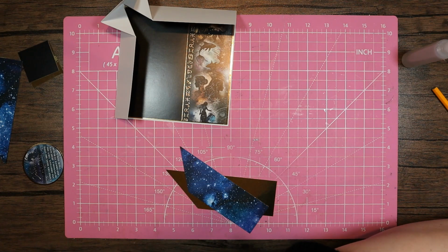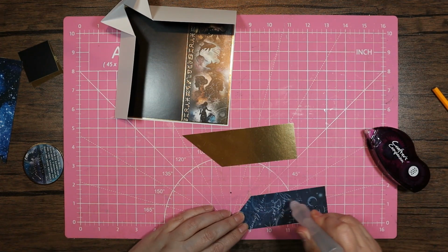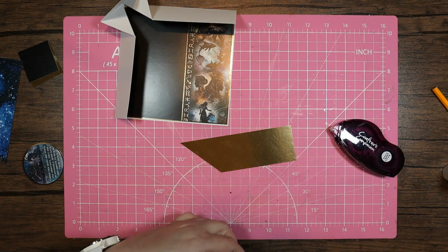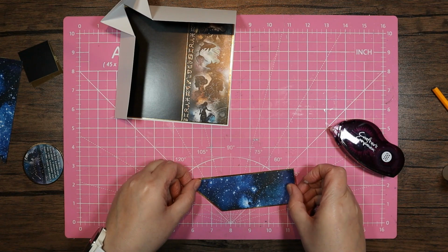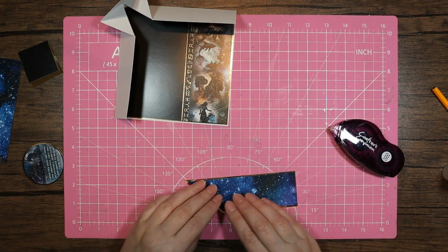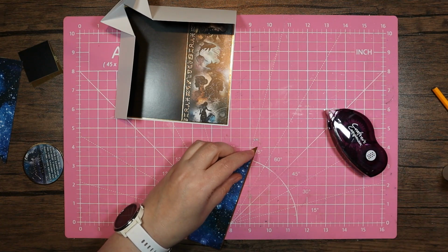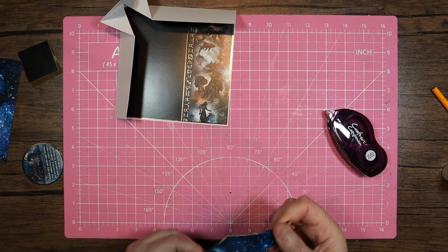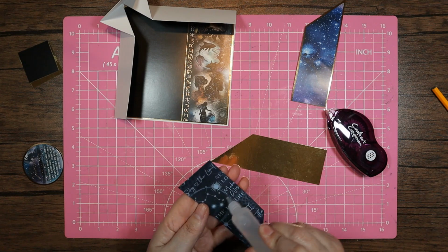So I am going to use, she says, which I've hidden, the method that I've been using lately with my all-purpose in the middle, and a little bit of Crafter's Companion dotty tape pen. The reason for this is, again, I like those ends to stick down, but I still get the wiggle room that I like. If I just use the all-purpose glue, what I find is that sometimes it cracks, or it makes a cracking sound when it's moving, and I don't like that. But that's the only time I've had the problem with cracking, with mirror card and paper,